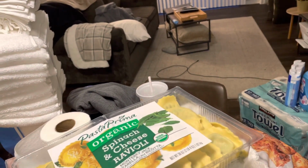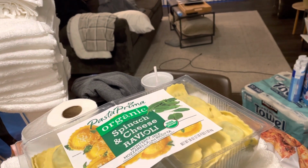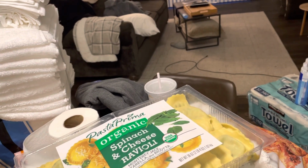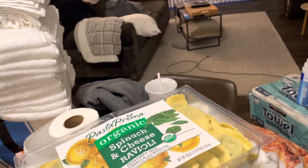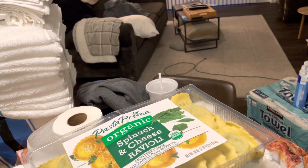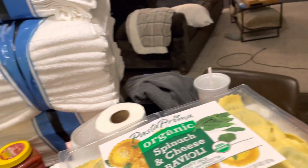But until then, I'm still in pursuit to get my little washer situation situated. And I also want to get a small deep freezer. I'm a country girl, I love a good deep freezer, you know what I'm saying? Nothing big or major, just something small and compact where I can bulk up on certain things that we use all the time. But anyway,